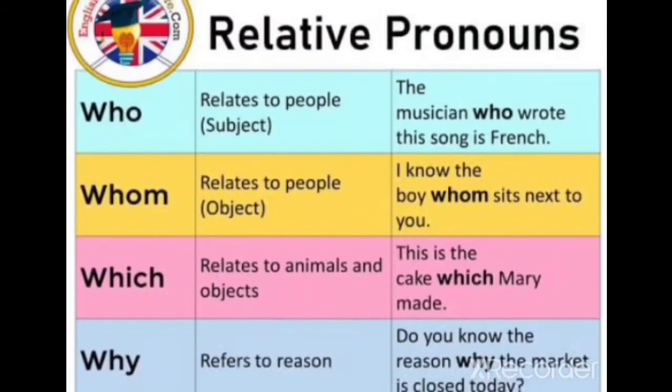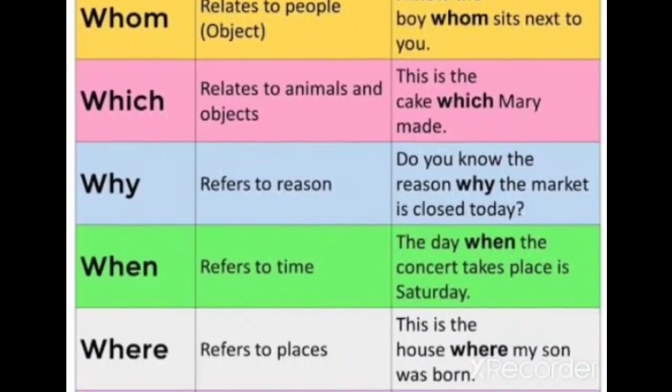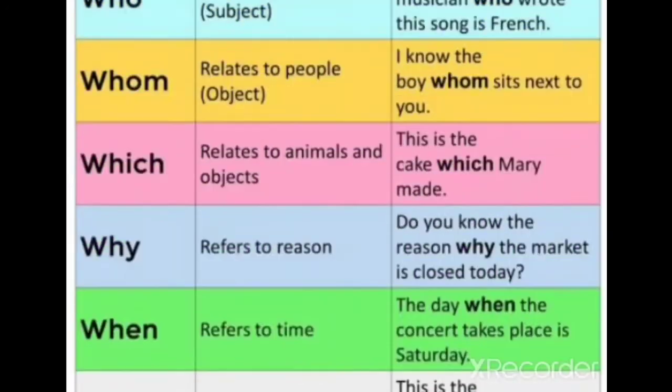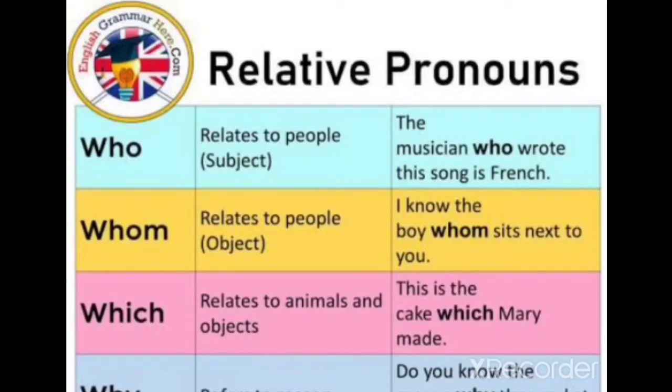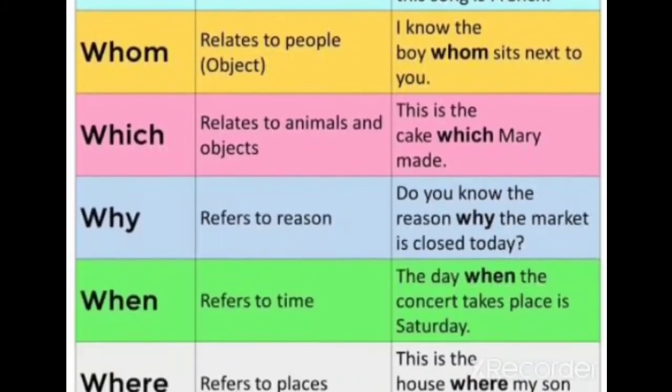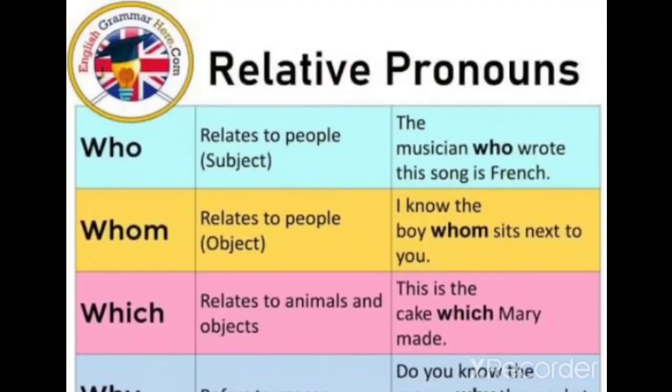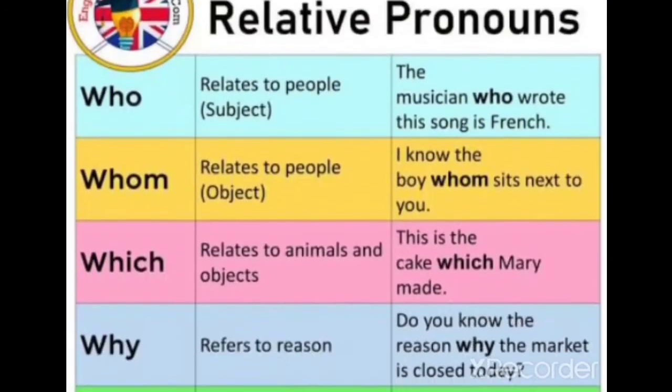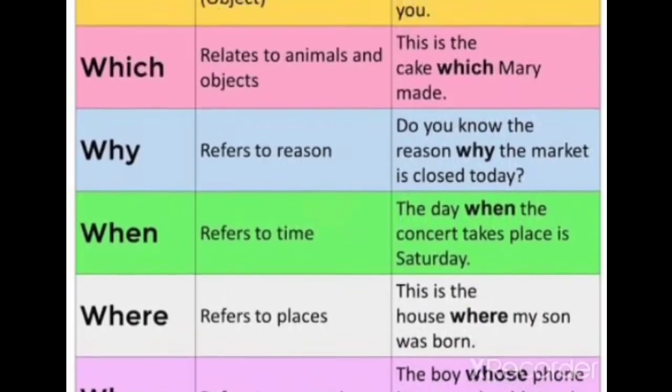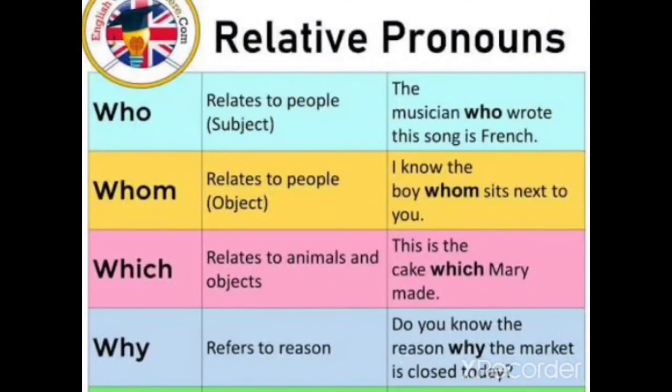For example, from the beginning, who, whom, which, why, when, where, whose, that. These are the relative pronouns. Children, be clear. These are the relative pronouns that connect the main clause and the relative clause in the sentence. Okay, children? Are you clear about this relative pronoun now? Children, that's all from this session. In this session, we saw about pronouns and its types, the first one, relative pronoun. Relative pronoun is the first type of pronoun that we saw in detail in this session, children.